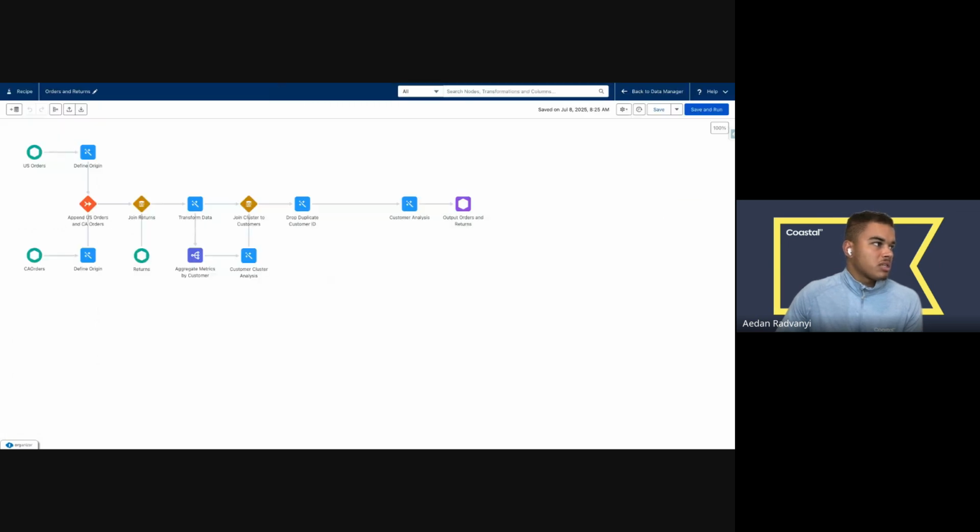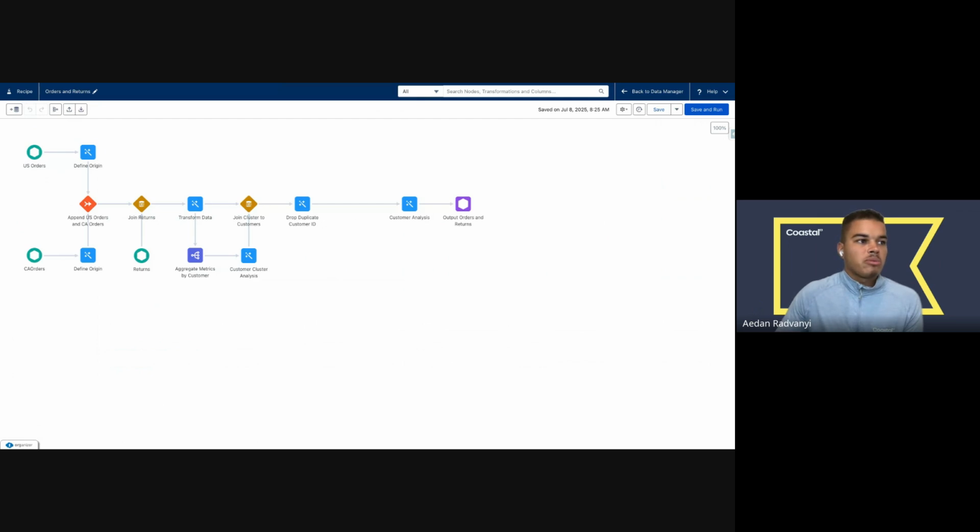One such recipe is this one that's ingesting 3 different source data tables. We have a number of transformations. We have append nodes. We're joining data, transformations, aggregations, cluster analysis. So a more complex recipe, even though this is only looking at kind of 3 sources. But this is outputting to a data set within CRM Analytics.